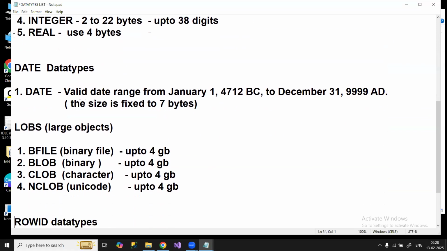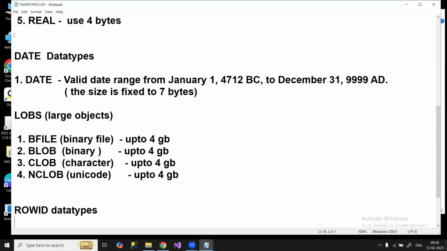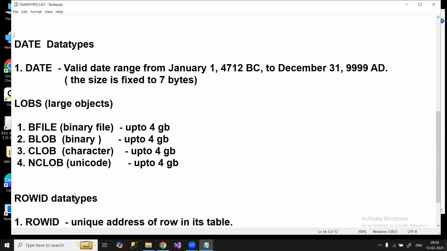And here you can see LOBs, large objects, which is another category. And here the ROWID data type is there. ROWID means for every record in the table, a row ID is generated internally. So if you want to see the row ID internally,